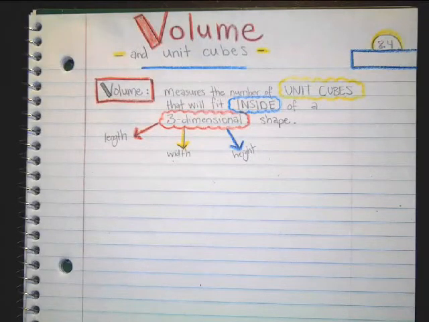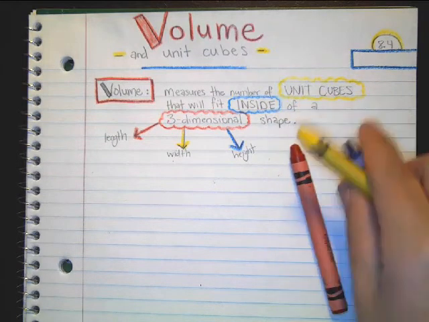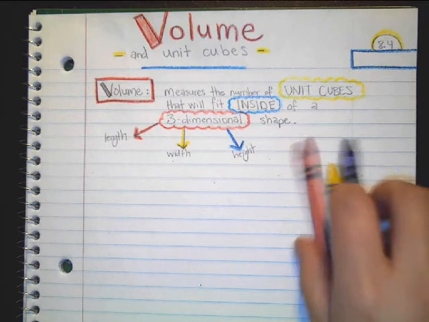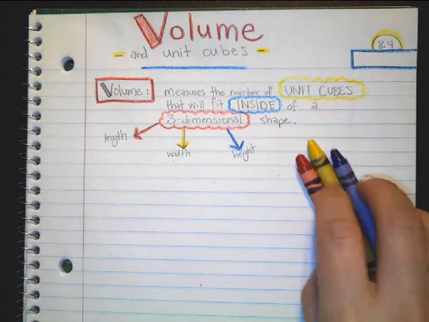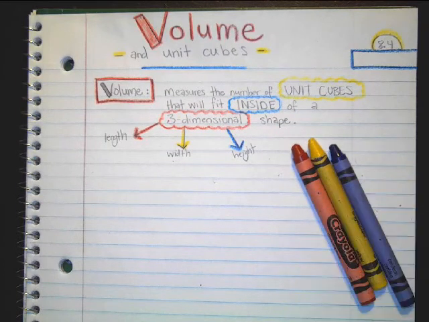All right, this is math lesson 8.4. We're learning today about volume and unit cubes. Volume is one of the coolest things to learn about with math because it's so easy to understand. So, get out these three colors. We need red, yellow, and blue. Those are primary colors. We're going to be using all three of these basic colors because to find the volume